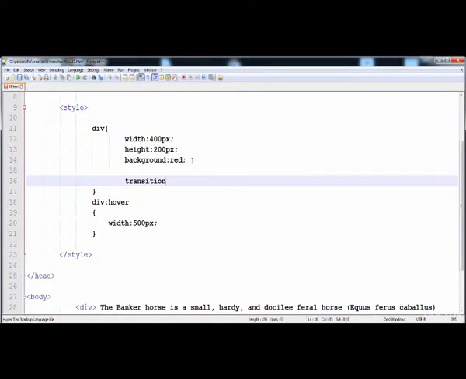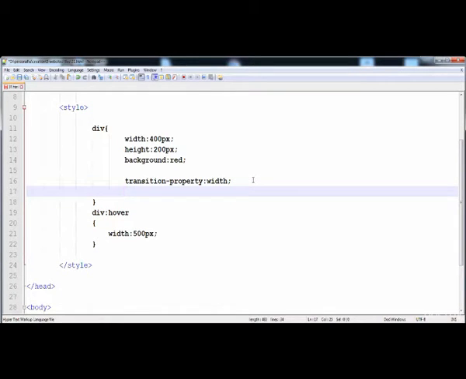First of all, write the transition property. In this we have to write on which property we want to apply the transition. Here I want to apply the transition on the width. When the width is changed, we want to see the change. And the second thing is the time for the transition, how much time you want the transition to take. Here I'm going to write 1 second, and here we have to write transition duration,